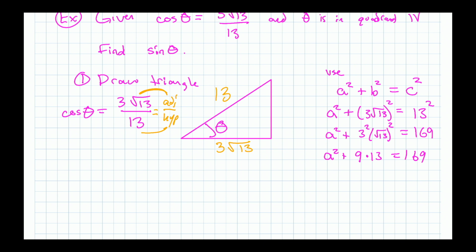What is 9 times 13? Sounds impossible. Hold on. 13 times 9. 3 times 9 is 27. 1 times 9. Is it 117? Could that be right? Oh no, hold on. 90 plus 27. Yeah, that's right. Okay. So we have a squared plus 117